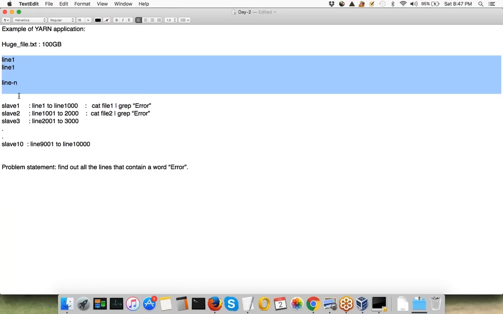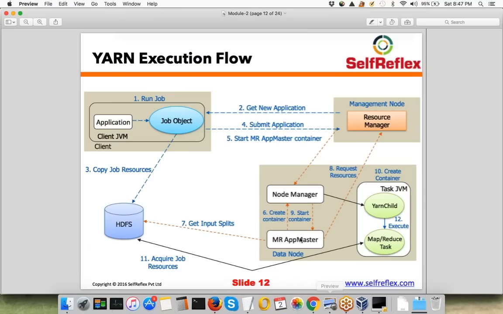Just assume that as a parameter I have passed the input path to this application. The applications master will talk to the name node to figure out where all the blocks of this particular file are present. It figures out that these blocks are present on these slave nodes at these locations.